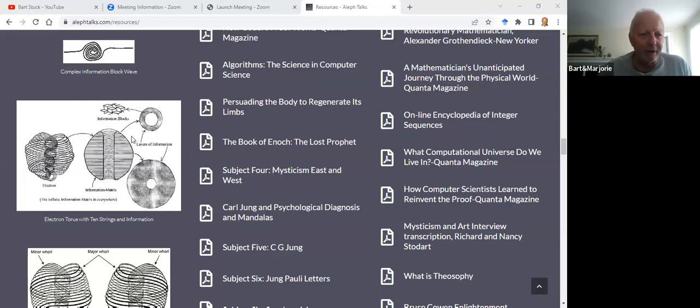Here's a picture of an electron. You won't find this in any book anywhere. Ron Cowan did this. It shows an electron actually is encompassed in 10 strings. The strings are vibrating like crazy. He was able to stop them so he could make this drawing of what's going on here.